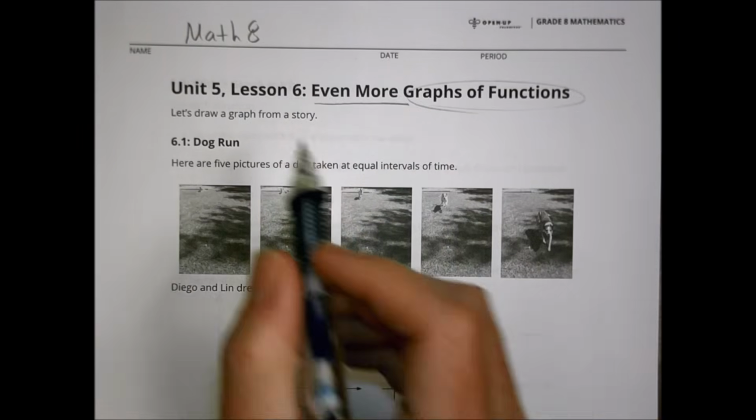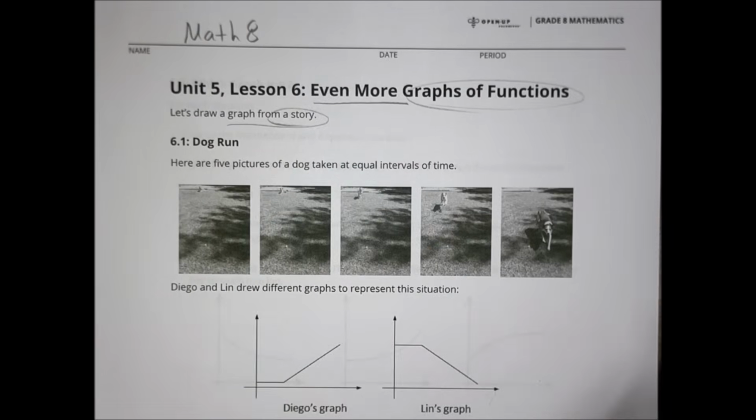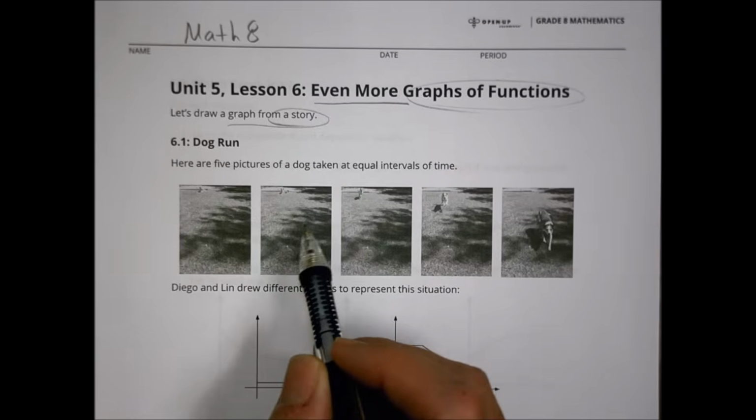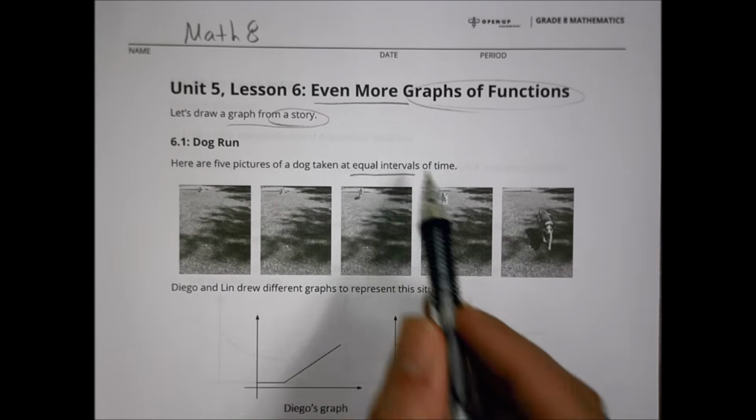So here we go, we're going to be drawing some graphs from stories today, and so we're going to have some pictures that tell a story, and then we're going to go through and show how that would look in graph form. So we began first of all with 5 pictures of a dog taken at equal intervals